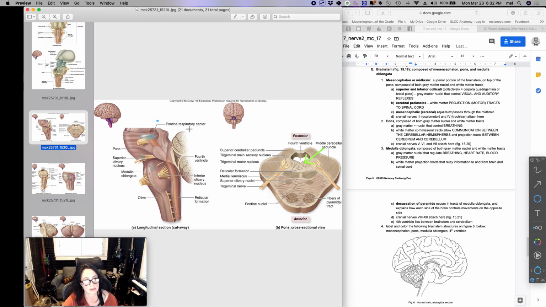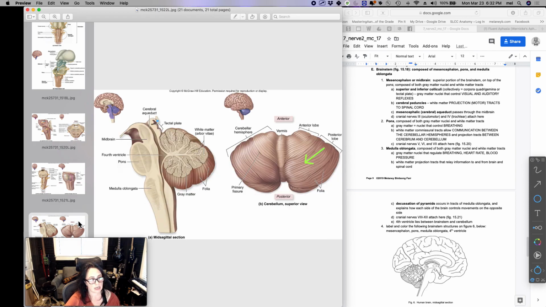There's a respiratory center right here. So what the pons does, I'll turn that off for the next time. Still learning. What the pons does is primarily it has nuclei within it that control breathing. The medulla oblongata will also help with breathing, but the pons controls breathing. So that's its function. And then we move down to